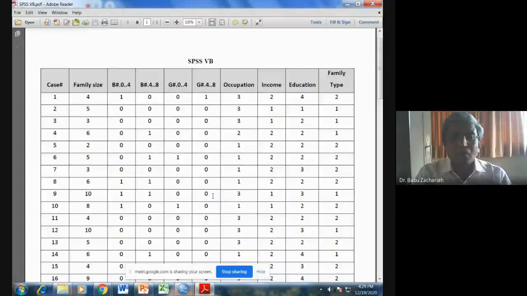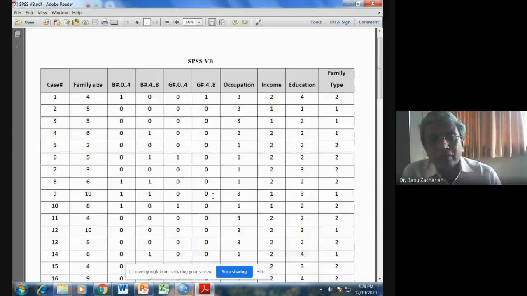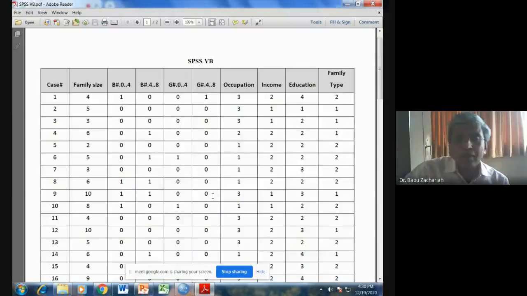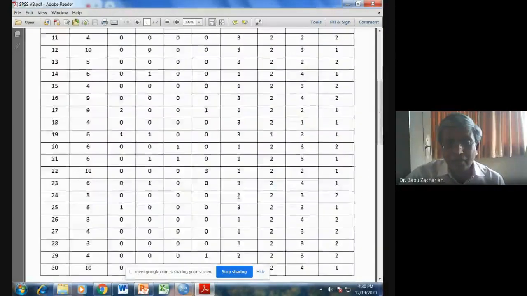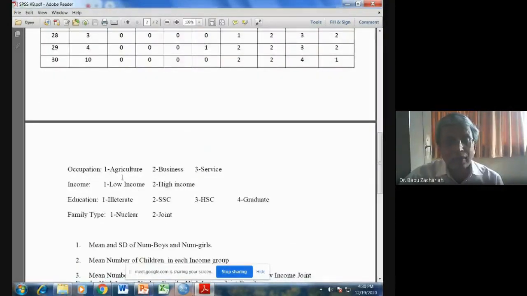It is more about details of family, like family size, number of boys between 0 to 4 and 4 to 8, number of girls between 0 to 4 and 4 to 8, and occupation, which is coded as 1, 2, 3. That means here 1 is agriculture, 2 business, 3 service, and income is coded as 1 and 2, low income,